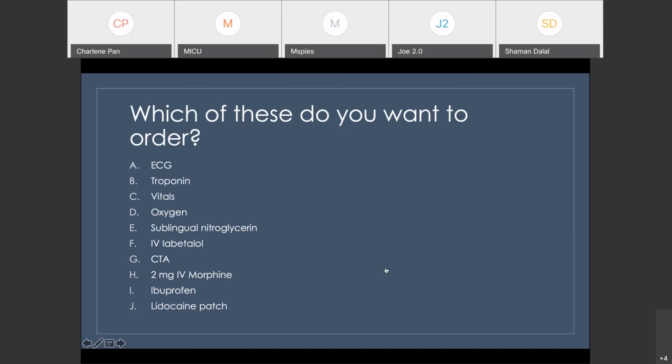Things that I do not want to miss are ACS, and dissection, you do not want to miss anything like that. Could be PE. So I always go by system when I'm not sure what I'm looking at. So for chest pain, you think of cardiac process, pulmonary process, GI process, which are the most common ones, and then MSK process. Thinking about the differential diagnosis can help you decide what you want to